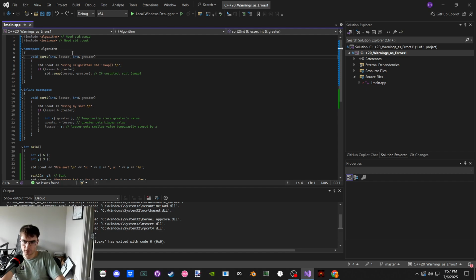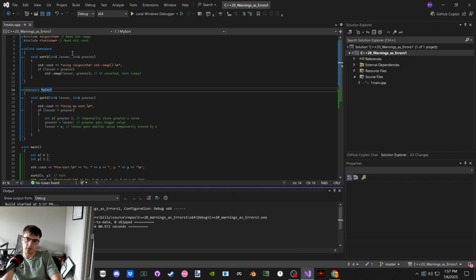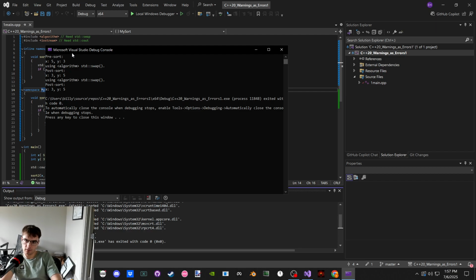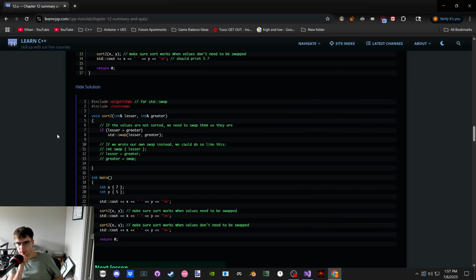What else? We removed constexpr, so it can do this. And then now we can make this the inline namespace. Not unnamed because then it would have internal linkage and wouldn't be usable in any other file that needs it. And then namespace MySort. Oops, MySort needs to be caps because it's a namespace. Boom. And now it's using algorithm. Cool. Okay. Made it exactly to spec. Coolio. Yep. And swap. That's it. Yeah, cool.